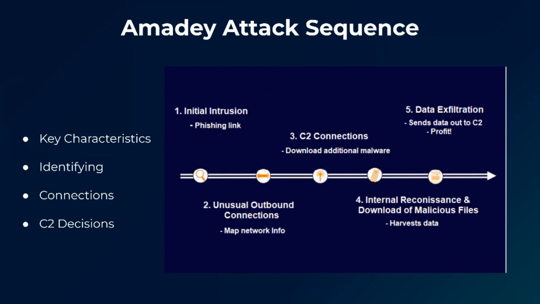The next stage, the infected device will continue to contact the C2. The attacker will send instructions to tell the victim machine what's going to happen next in the attack. The C2 will respond with instructions to download additional plugins in the form of dynamic link libraries or even secondary malware info stealers. The fourth stage is where the reconnaissance and download of malicious files happens. This is where the malware will gather all the data in the victim's machine and download the next stage of